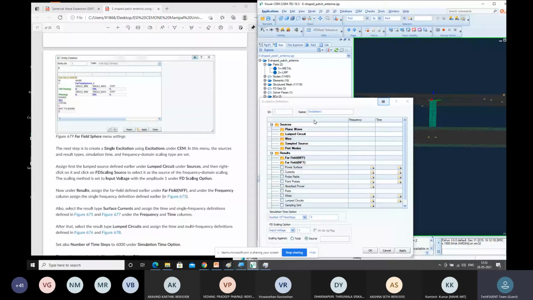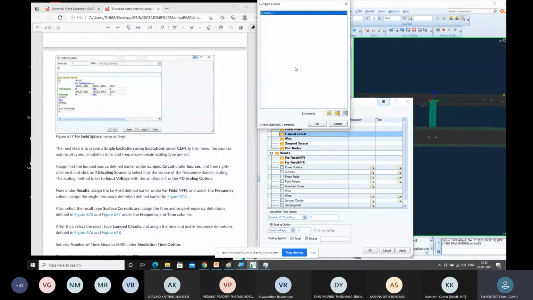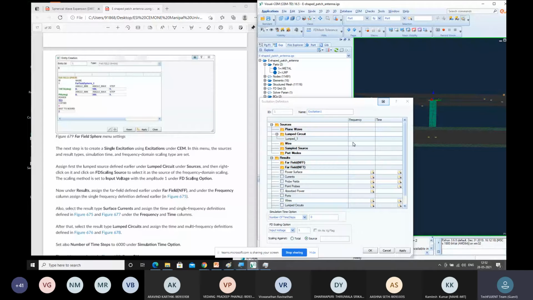And here, basically we have created a lumped circuit. So under assign, you can select the lumped element, whatever you have checked. And there is one more thing we have to do. You have to right click on the frequency and click on the FD scaling source. So you have to turn on the FD scaling source. Then only your particular FD mesh will work out. Even though you also observe this FD option in the other domains, like in the SEM FD, FD scaling will actually come into use when you are going ahead with time domain solvers.